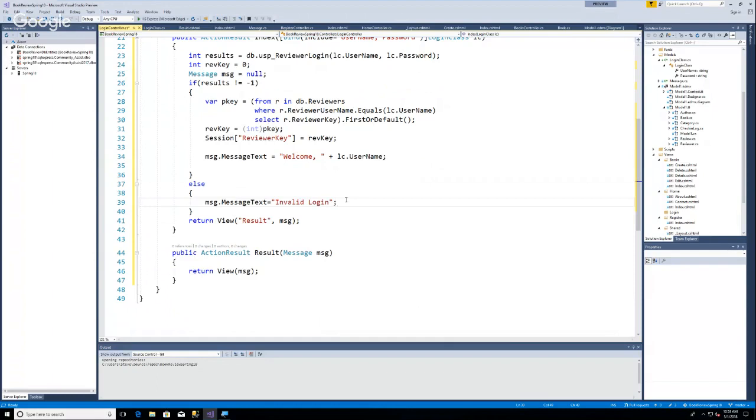But yes, you could do that, and that actually might be a better route, because this way they would have to click back to login, which is a bit of a pain. One of the things I don't claim about this app that I'm having you build, I do not claim it's the best layout. If you look at it in terms of a user experience, it's probably pretty crappy. I'm just trying to show you the different pieces. It would need a lot of work to get it to be a nice